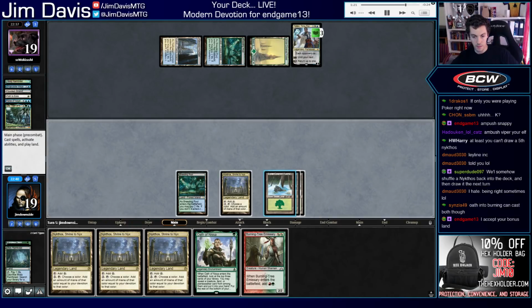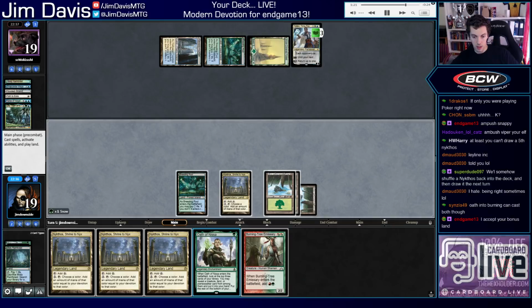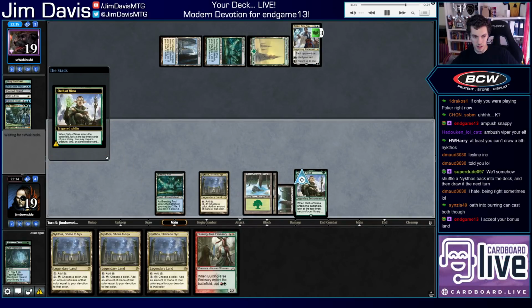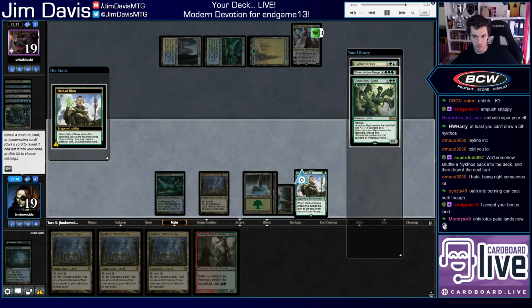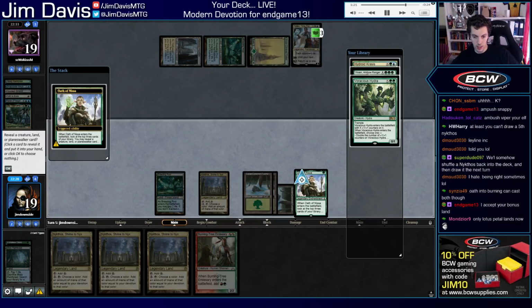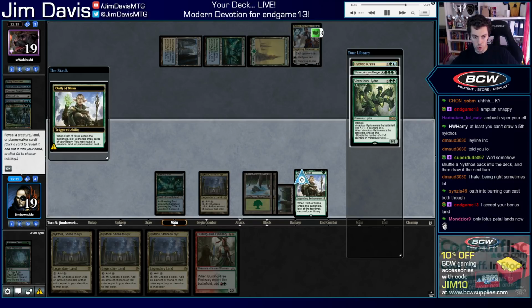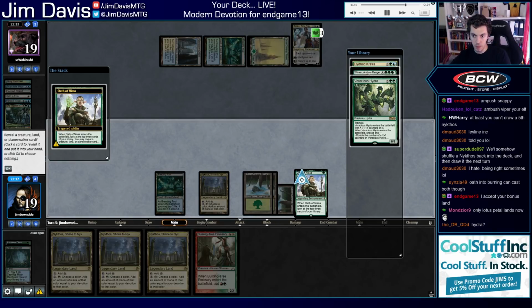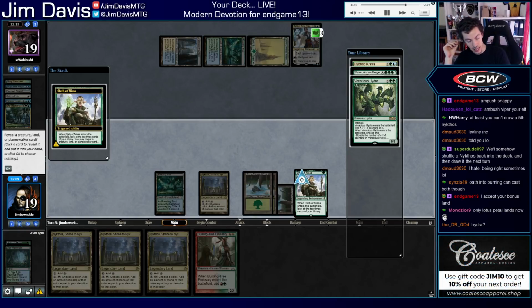Let's try Nissa here. Let's go Nissa. Krasis, Vivien, Hydra. So we can Burning-Tree 3, 4, 5. Going Hydra for 5. Is resolving Vivien, Arkbow Ranger a nice thing? We can Krasis next turn